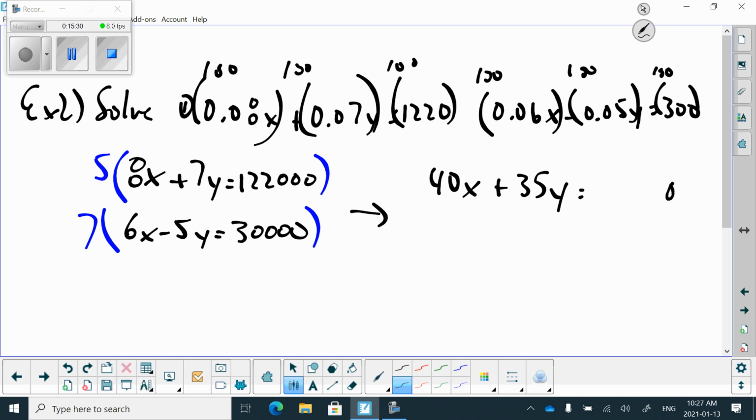Well, I can do the zeros for you. 0, 0, 0. 610, 1,000. Yeah. And then it'll be 42x. Mm-hmm. Oops, not plus, minus. 35y. Yep. Equals